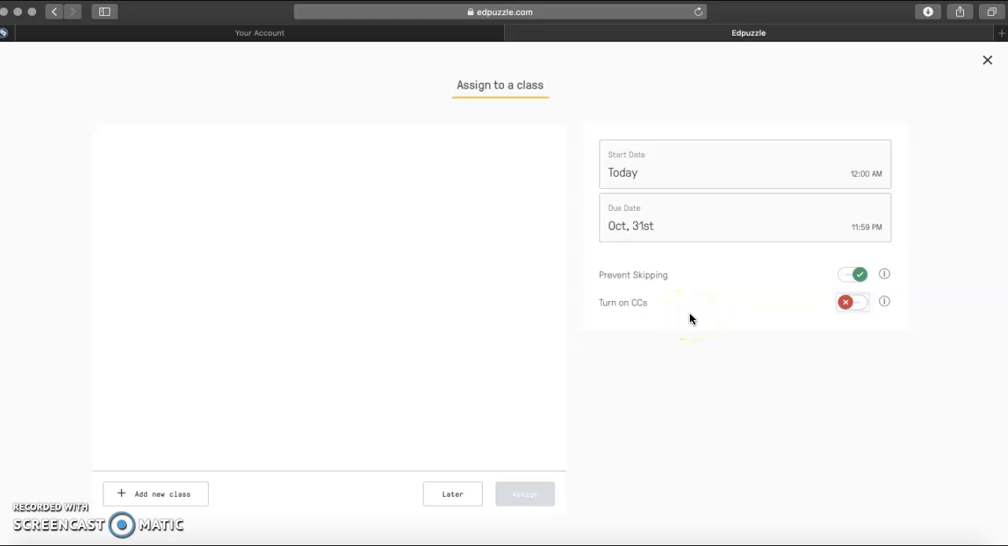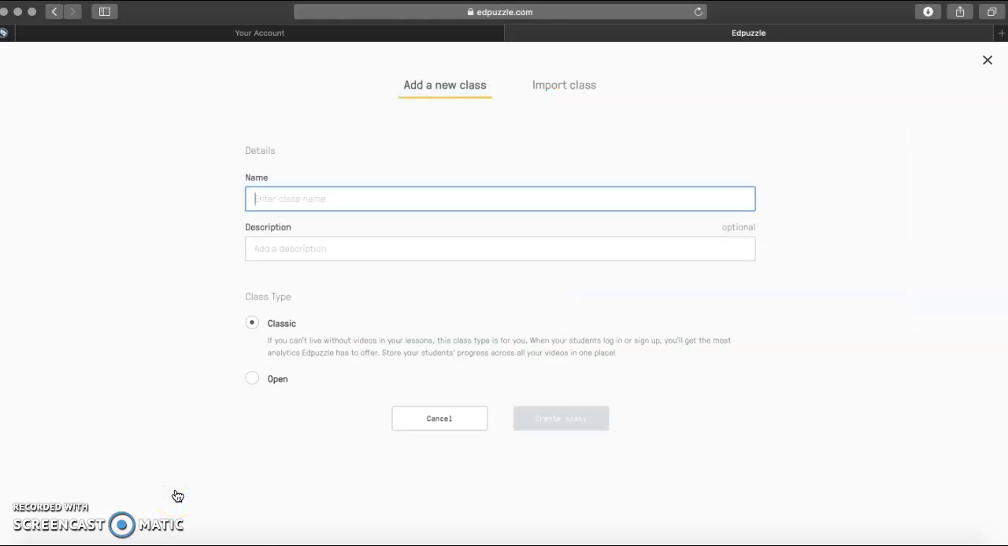Once all that is complete, you're going to add it to a class. Now, if this is a new account, you're going to want to create a class. So you'll just click this button. You could say period 1. You can choose a description if you would like. Now, if you choose classic version,